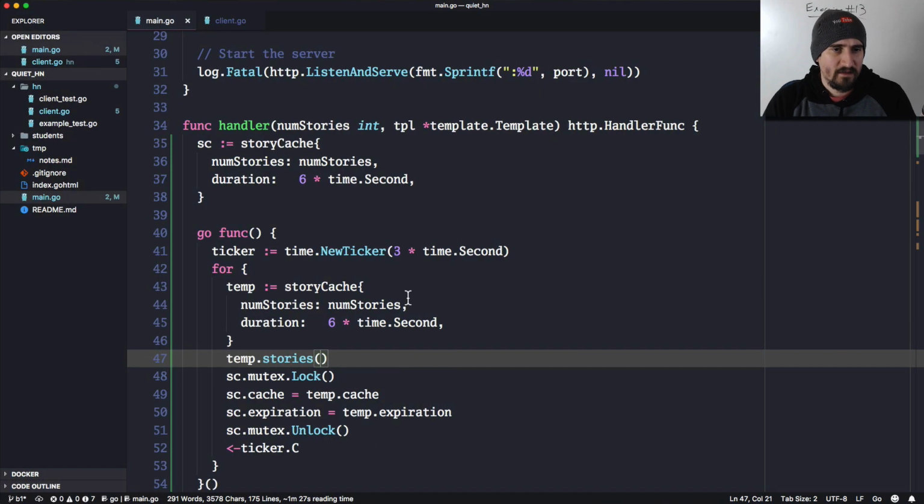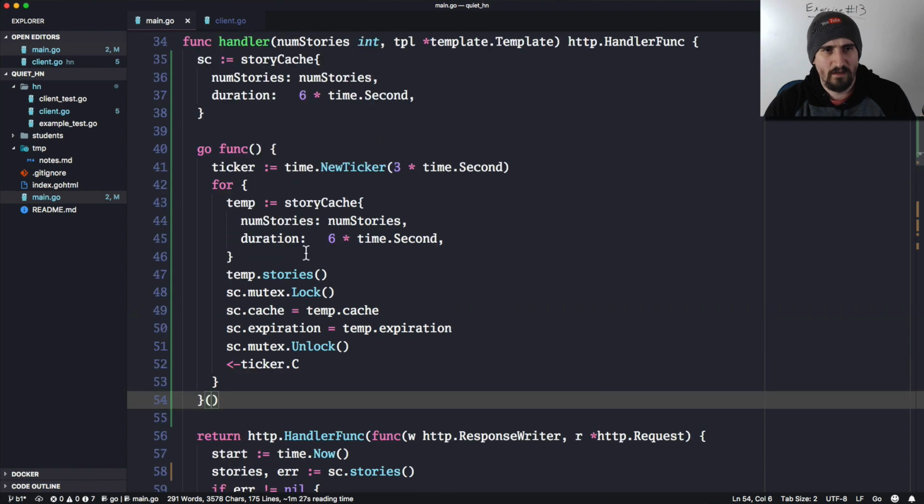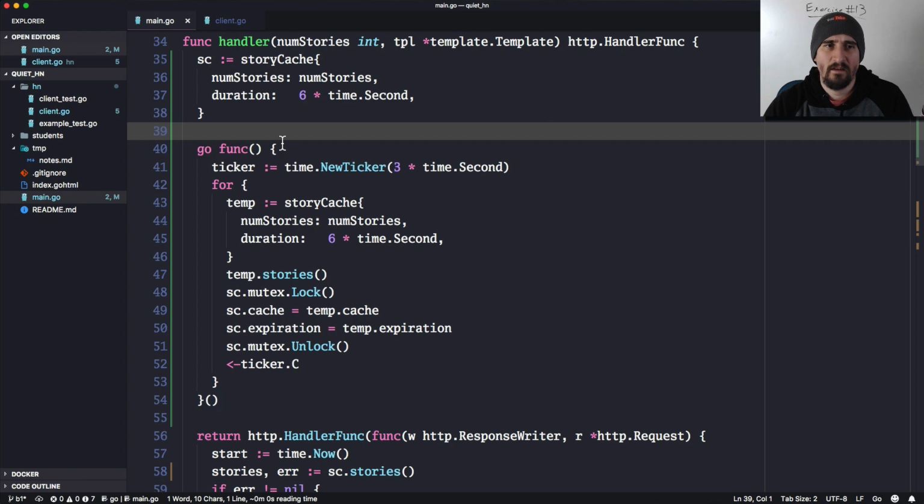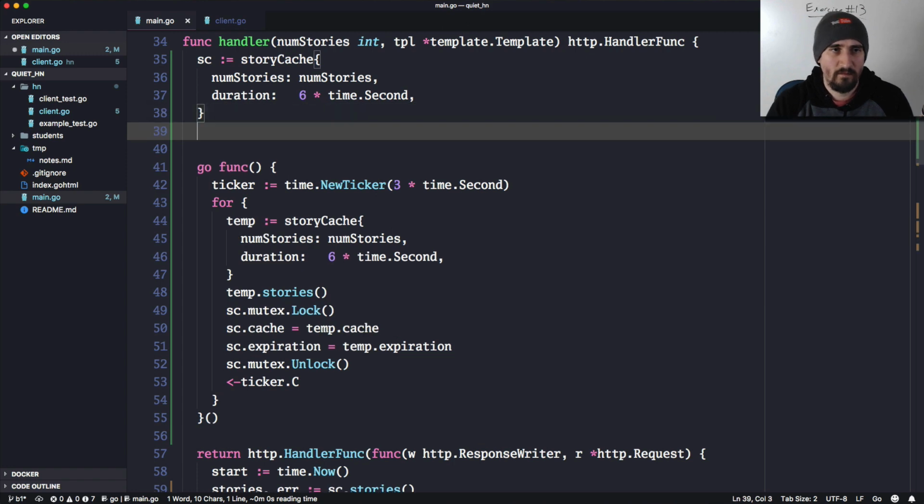I think that's good enough for what we're doing. You'll see, this type of code, maybe it would make more sense to build this into the cache somehow. That's what I was originally going to do with cache A and cache B. You could build your story cache in a way that you could actually have it running. Maybe you just call a function and it updates the alternate cache. So maybe it'd be something like